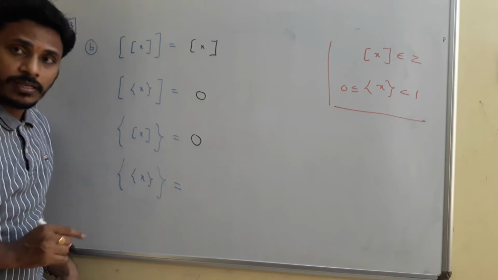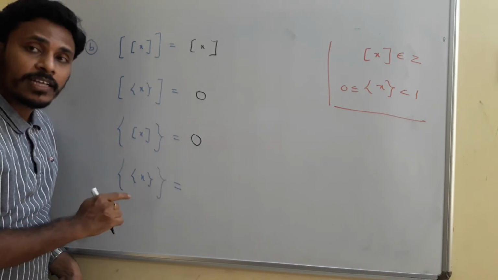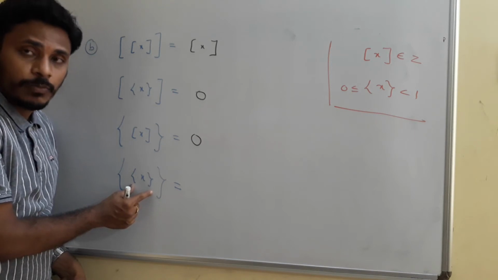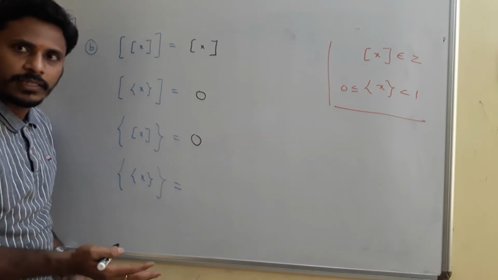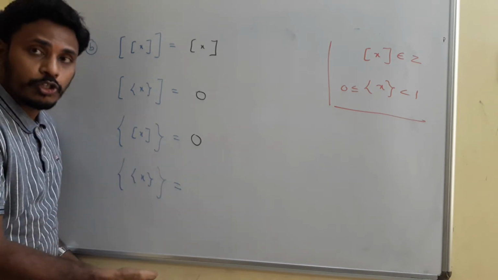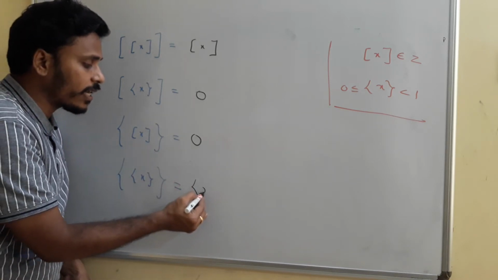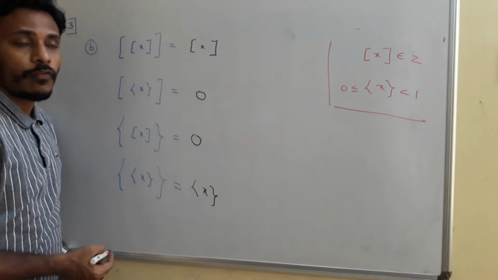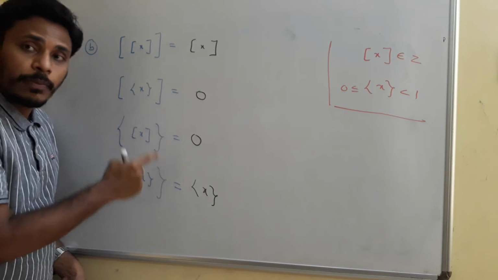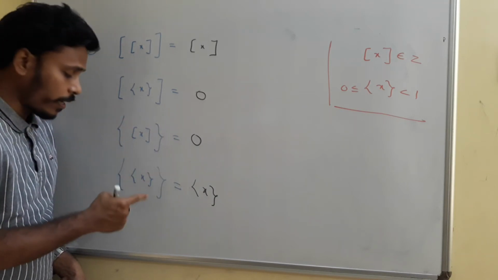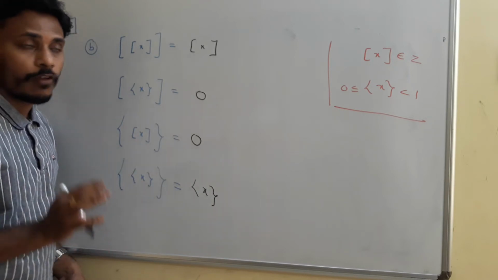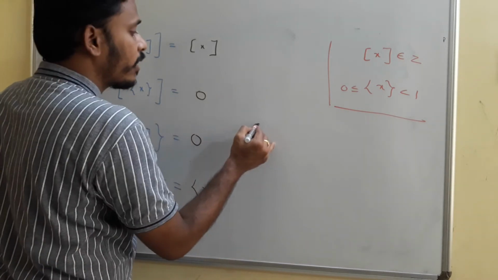And in the last case, the fractional part of the fractional part of x. The first fractional part of x gives a decimal number, for example 0.72, and its fractional part is again that same 0.72. So at the end the result is simply the fractional part of x. Just have a look: floor of floor x, floor of fractional part of x, fractional part of floor x, as well as the fractional part of the fractional part of x. And the next idea is in 3c.